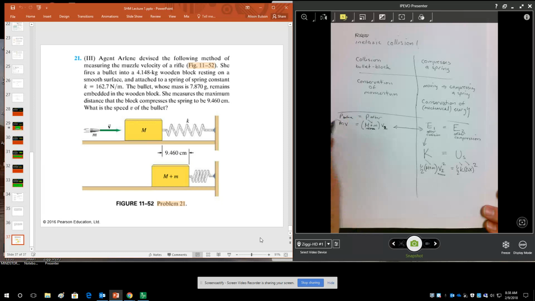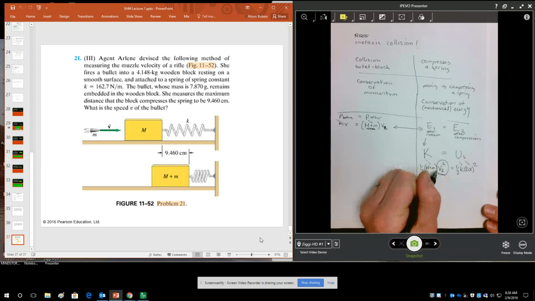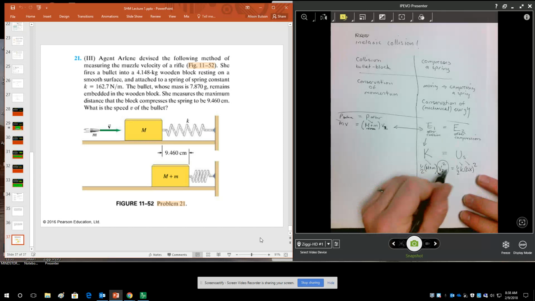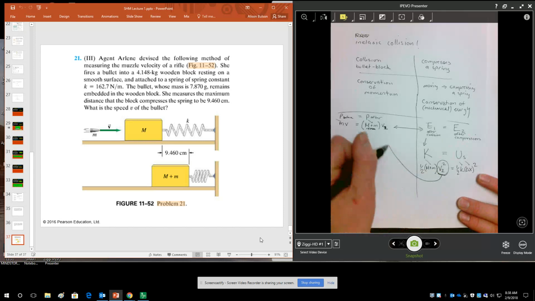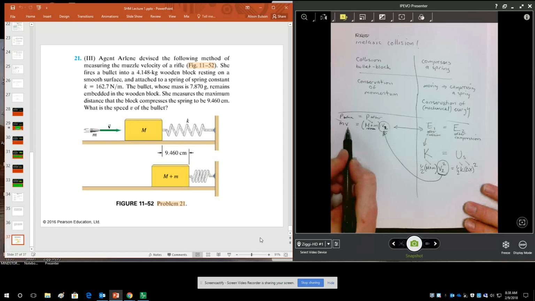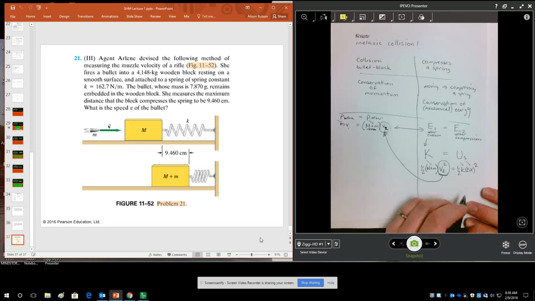Check mass, check mass. I don't know either of these velocities, but I can use conservation of energy to figure out what the velocity of the bullet block is as the collision, or rather right after the collision. That can go here right after the collision, and then I can find the velocity before collision. So I'm going backwards in time to figure out the velocity of the bullet. Awesome. Okay,